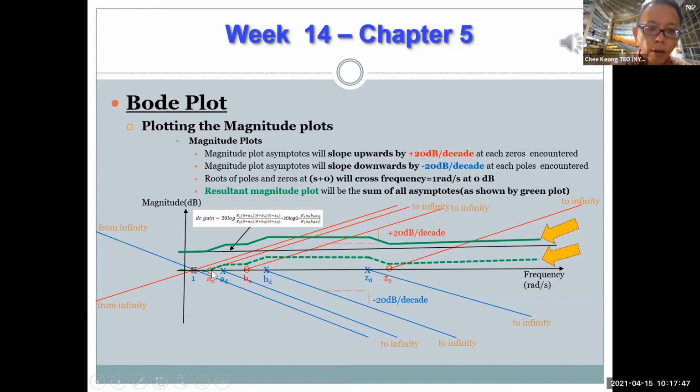Now at this point, you have 1 0 going up, right? 1 0 going up, but no pole going down. So you have to follow this guy, the dotted green line, right? Now at the second point, AD, the going up is nullified by the going down, so it becomes flat, right? Now at BN,